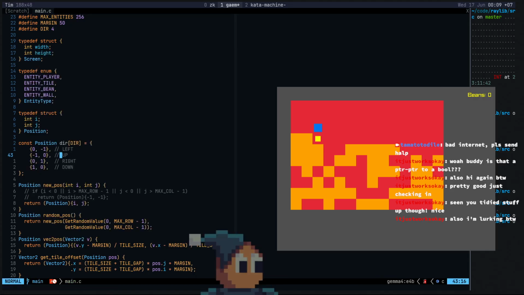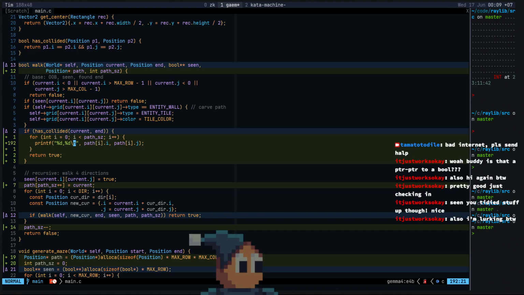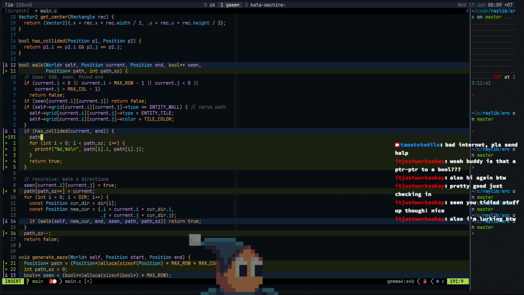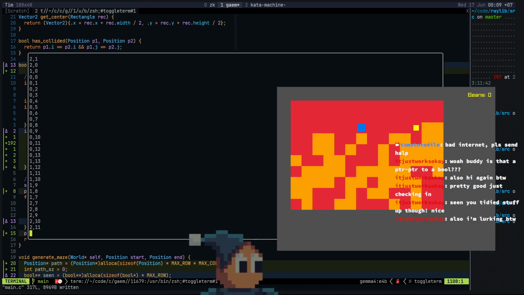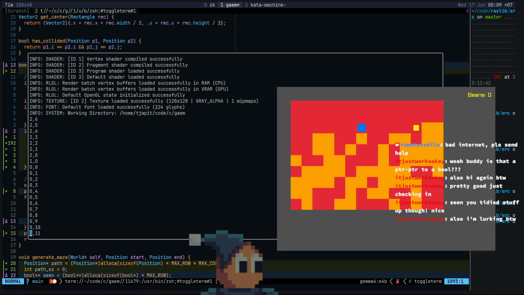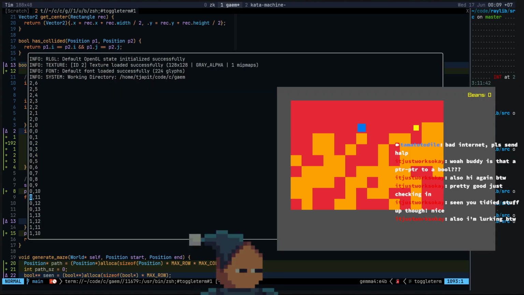So it is doing its job. 2, 6, moves left, moves up again, goes right, all the way to the end.